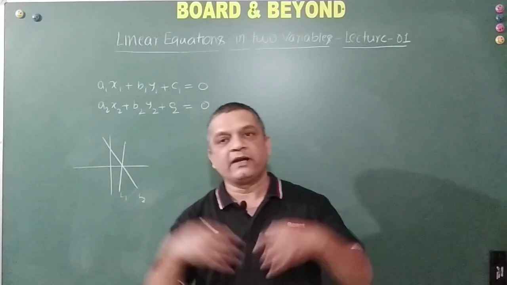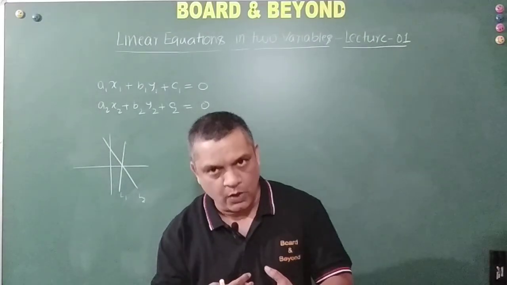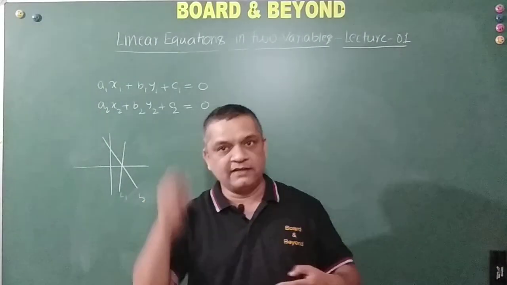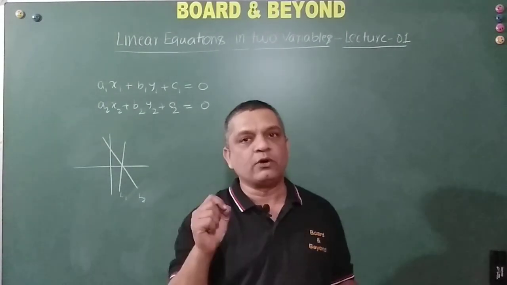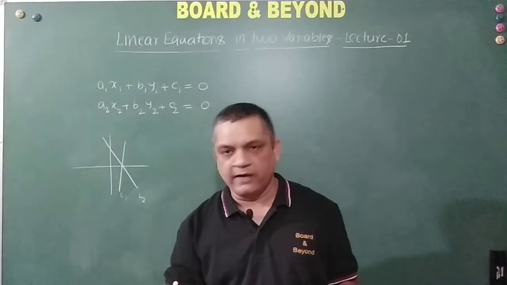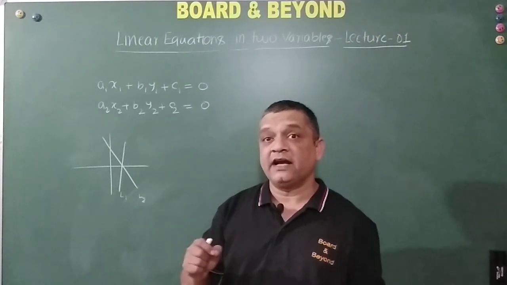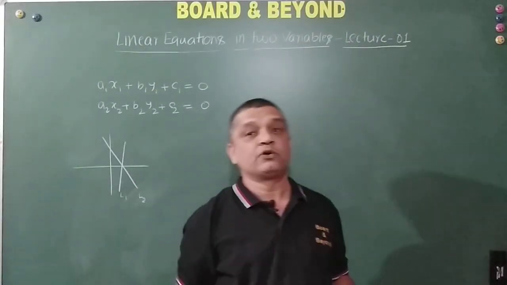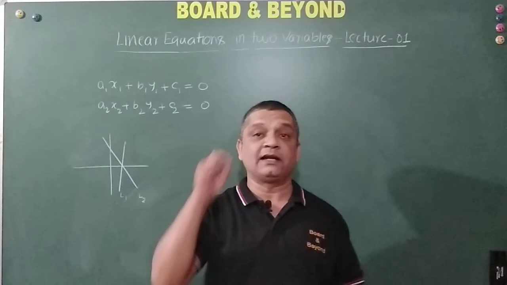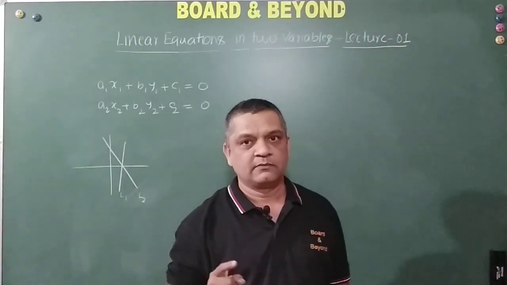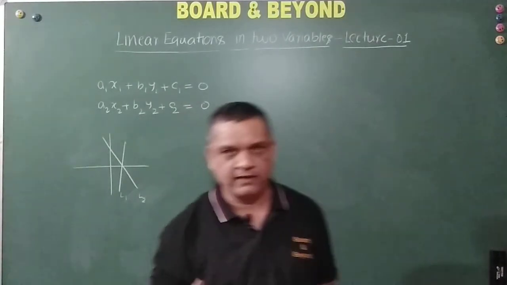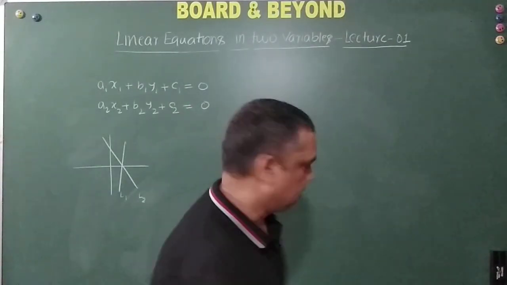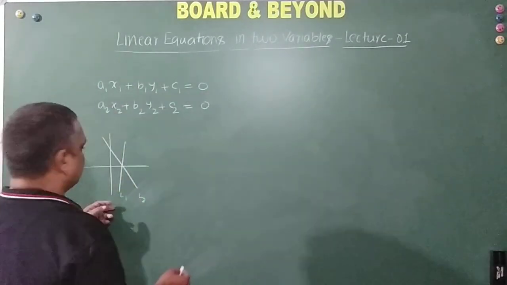So if L1 and L2 cross each other, or intersect each other, then at that point of intersection, the x coordinate is the value of x and the y coordinate is the value of y, right? So we say that this has at least one solution in common because both lines are intersecting at least at one point, and two lines can intersect only at one point, right? Or else they have to be overlapping. Now this is case number one.